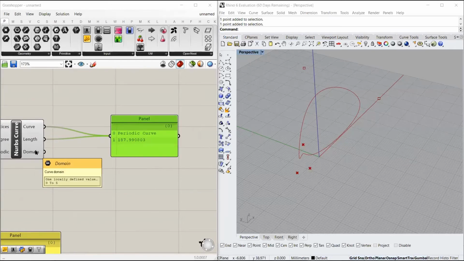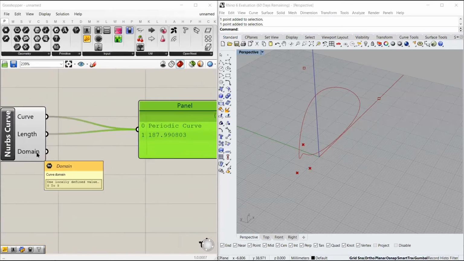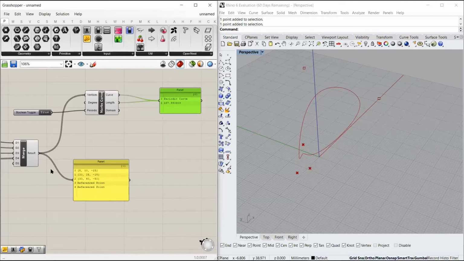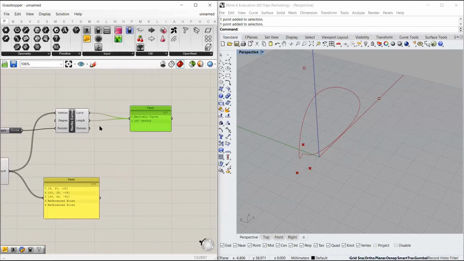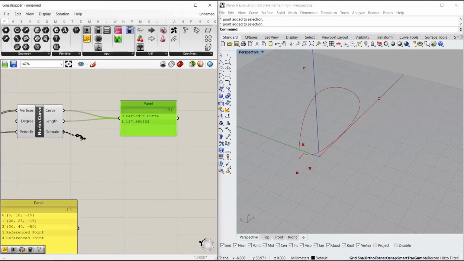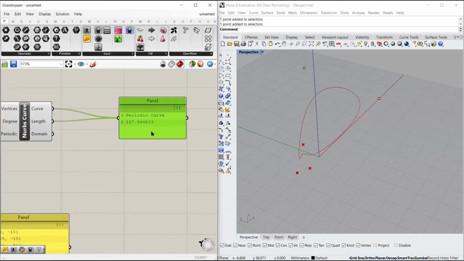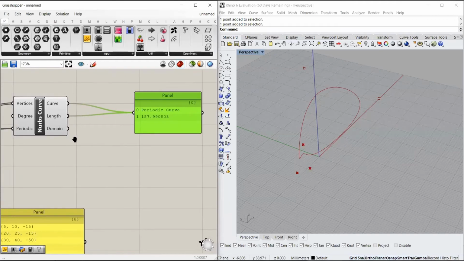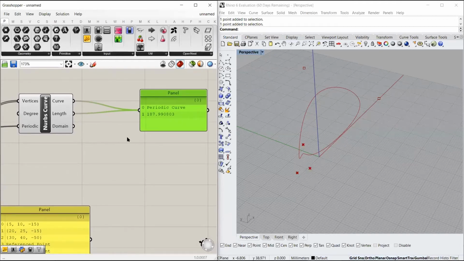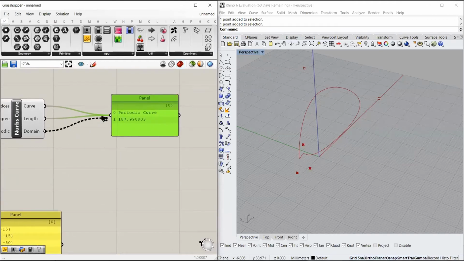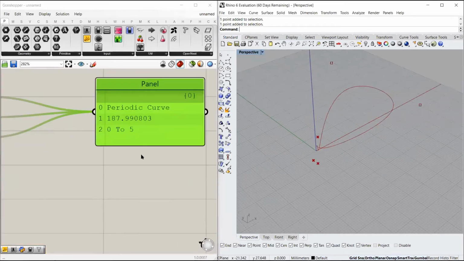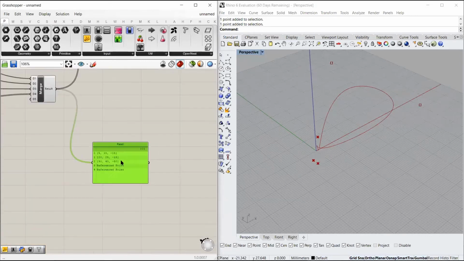Domain is something that I won't touch for now because it can get complicated, and it's directly related to the data tree structure, which would be covered in later workshops. So for now, we would just skip domain for curves, but I will surely touch what a domain is for a surface. But if you want to visualize it, you can again hold shift and input it. So the domain for this curve is from 0 to 5.